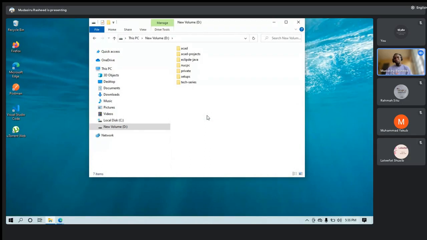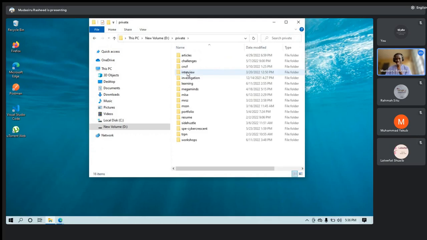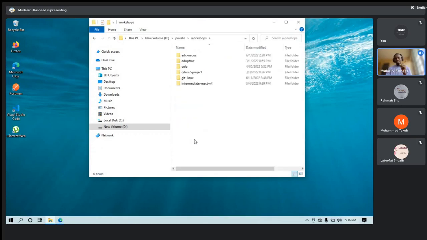We're following this procedure. Let's assume you want to open a particular directory, but you do not know where it's located. If you have access to the interface, you can use your interface to reach there. You can use this method I'm trying to use now. Then inside the private workshops, you can see all those are the names of the things I created myself.